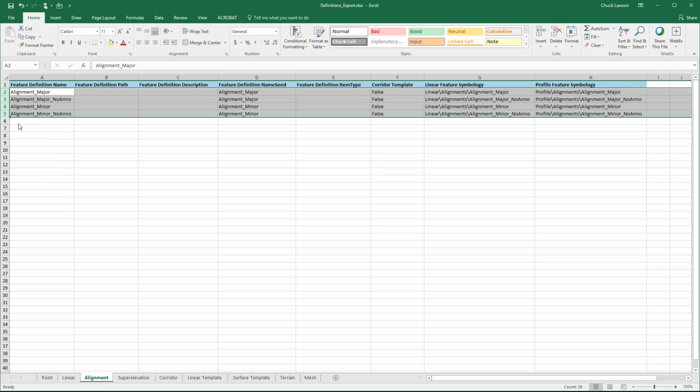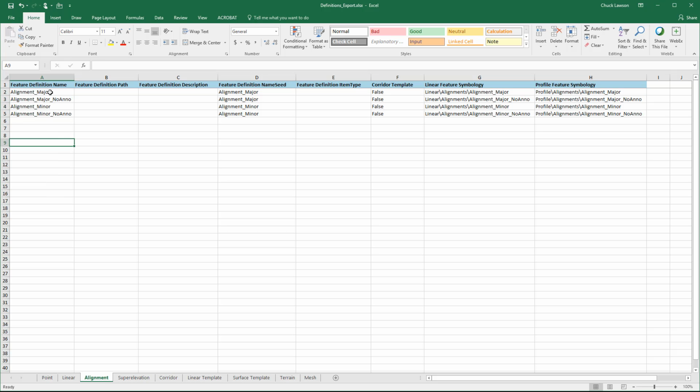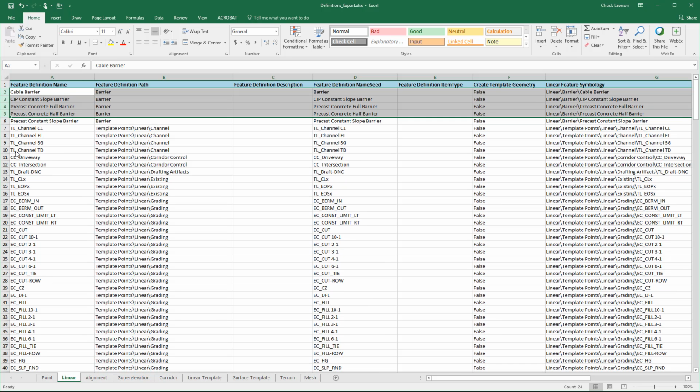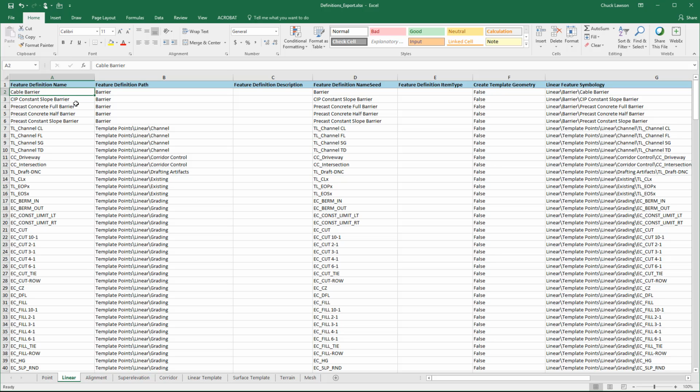Because that's where anything to do with our alignments belongs. And so we'll take those out of our linear tab, and then I can delete those 4 rows. We'll talk about the rest of the alignments in a minute, but we need to move those from the linear to the alignment tab. And those are entries that are going to support stationing typically, and possibly to be able to push templates along